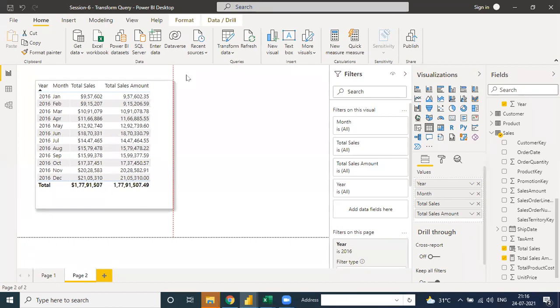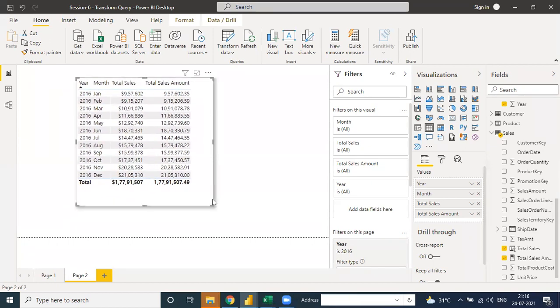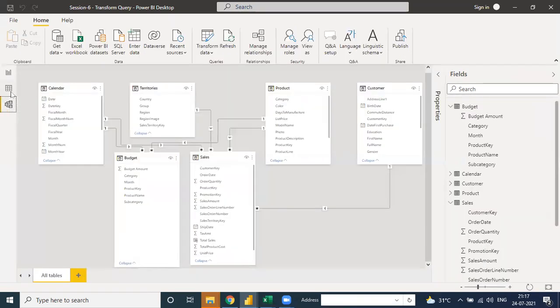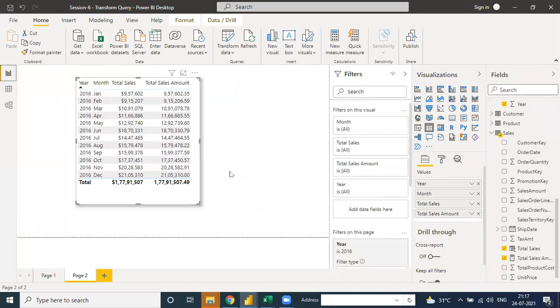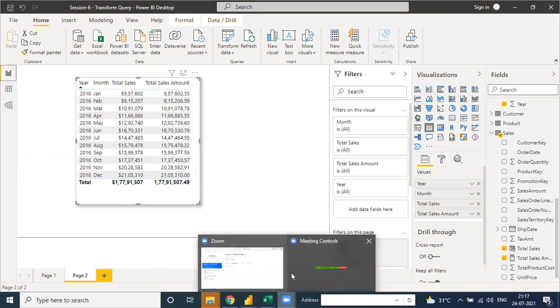So till now, some of our visualization is over, like some charts, and I have explained the implicit and explicit measures. And tomorrow we will cover all the latest charts from this. So you need to just practice over this file for transformation and query and make some visualizations yourself. Okay. So from the next class, I will do some DAX queries, like how to create a sales dashboard or budget dashboard from this visualization. Okay, guys.